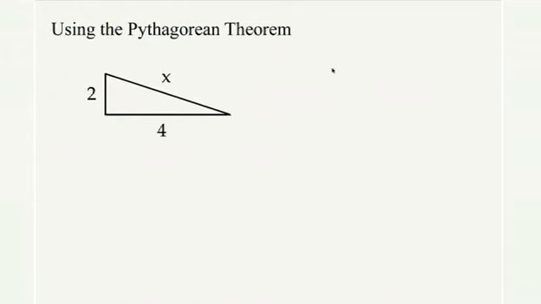On top of everything else, though, these are relatively common problems to see both in this class and in intermediate algebra. So if you haven't seen the Pythagorean theorem before, we'll go ahead and review it for you now. The Pythagorean theorem states that the hypotenuse squared, which in this problem is x, equals the sum of the 2 legs squared. We'll identify those as A and B.